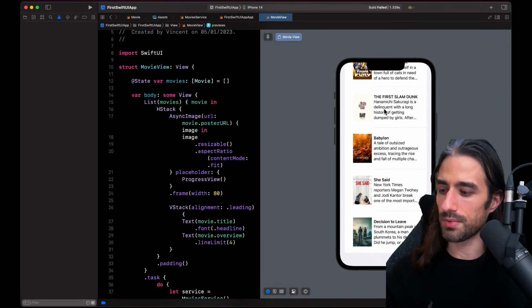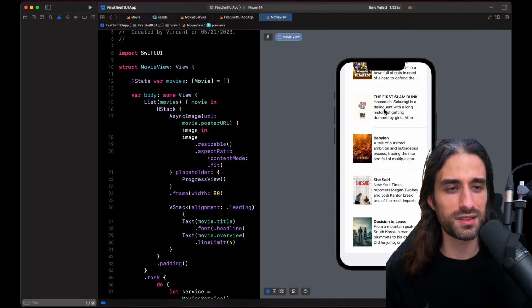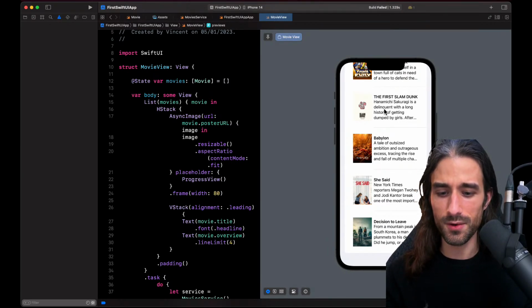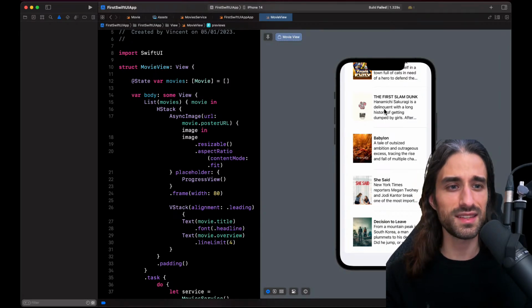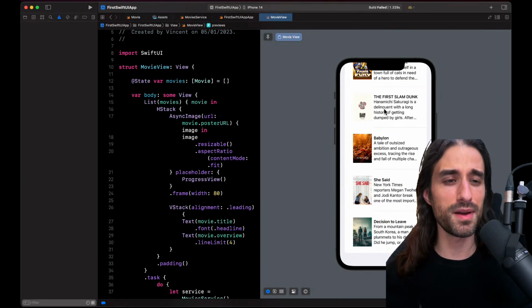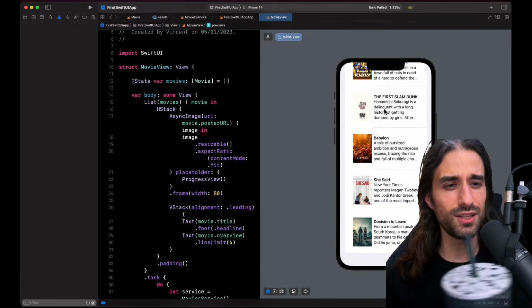But we are not going to stop there because I still want to show you a few more things to go a bit further. What I want to do is to show you how to introduce a bit of architecture inside the view we've made. So to create something that's called a view model in order to separate a bit more the pure UI layout logic from the rest of the logic. And then we will implement the detail view in order to start dealing with navigation in a SwiftUI app.